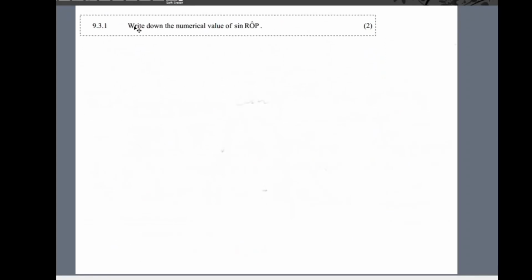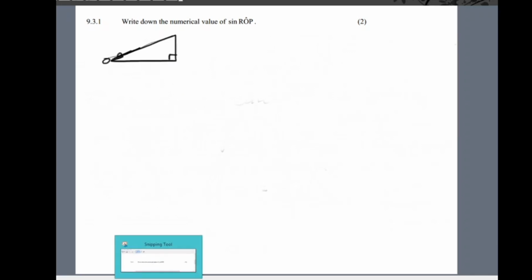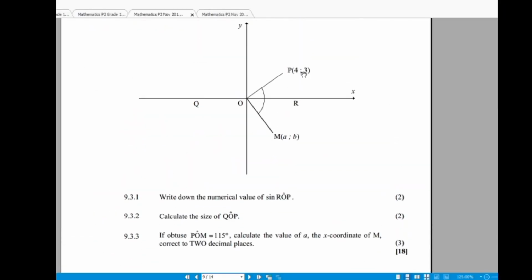So now, from our sketch, we have O somewhere here, O will be here, and here will be our hypotenuse, and then because the coordinates of P are 4 and 3,